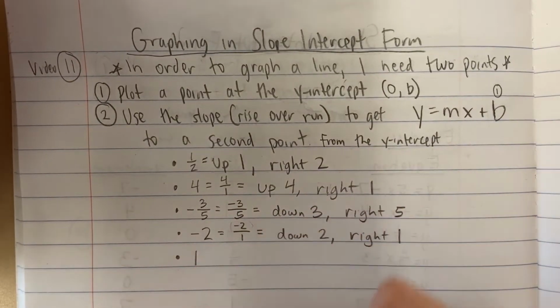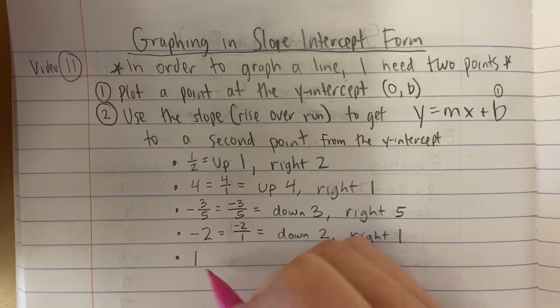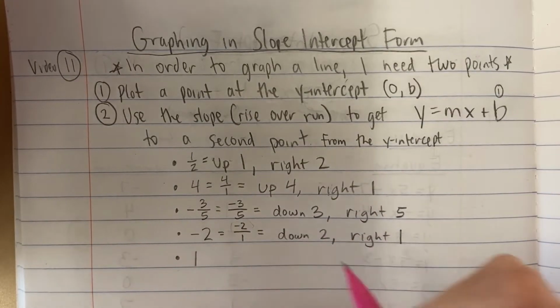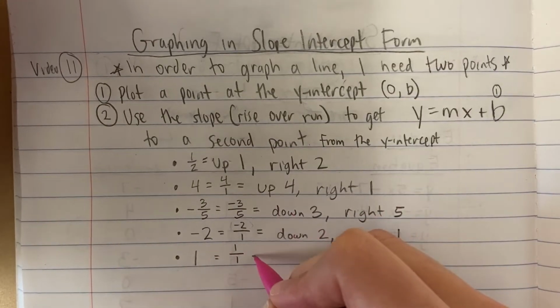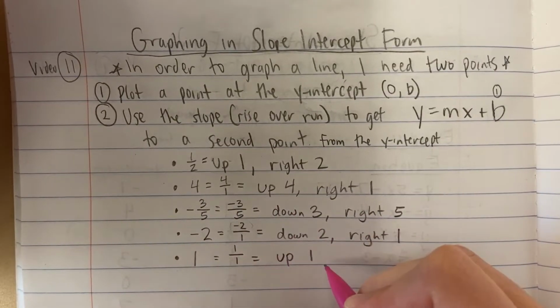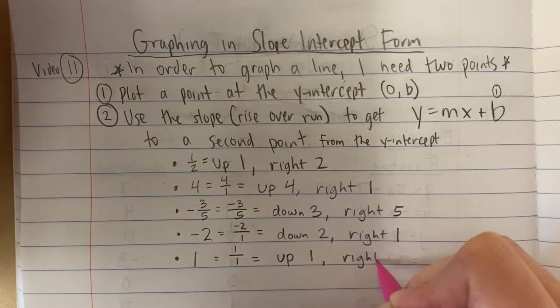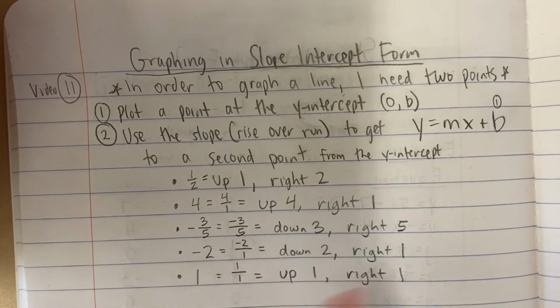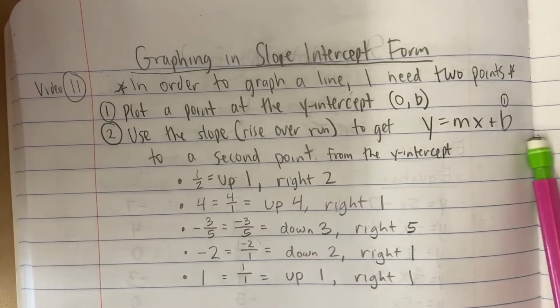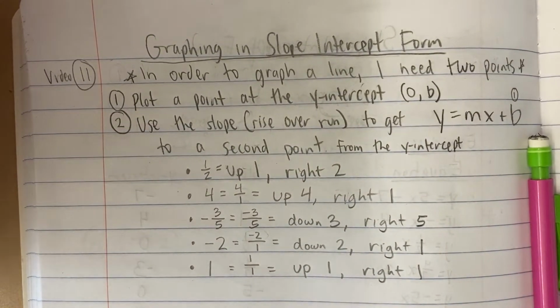Let's say my slope is 1, right? There's nothing in front of the x. It just says y equals x plus 5 or something like that. That's a slope of 1. Well, that's still a whole number, so it still goes over 1. So this means you would go up 1, right 1. Now if it was -1, it'd be -1 up top here, and it'd be down 1, right 1. Okay, and right now I'll show you a couple